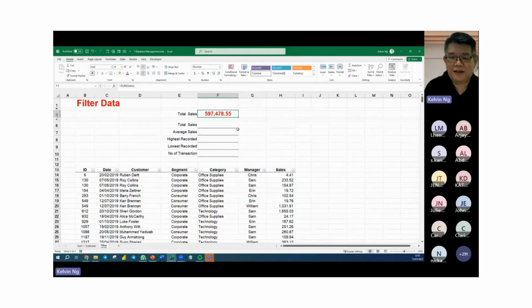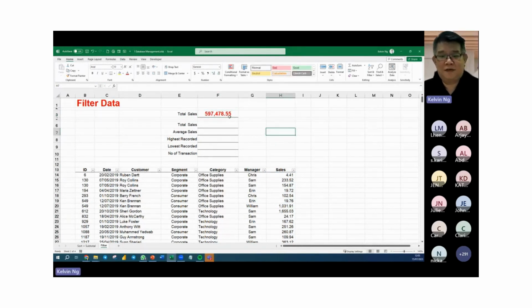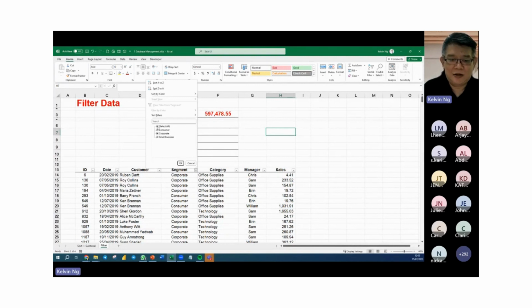Okay, let's take a look. Red color is good. 597,478.55. There you go. This is the total sum. Now let's take a look at what happened. If I go to the segment and I say, okay, let's not look at all the segments, let's look at consumer only. When I hit OK,